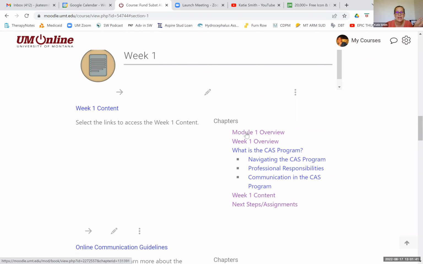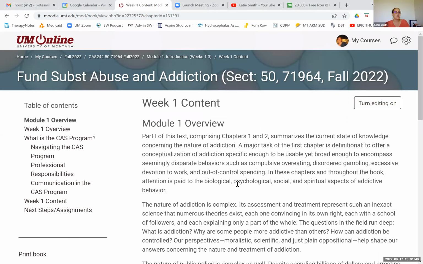So week one is the beginning of module one. In module one, week one, we're really focusing on orienting to the course and orienting to expectations.